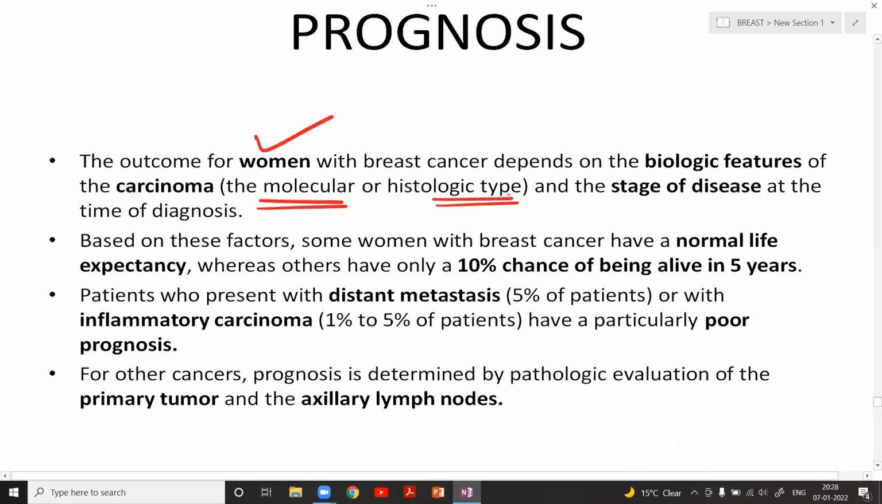If it is lobular, it has a good prognosis. If it is tubular, cribriform or mucinous, good prognosis. And the stage of the disease, whether it is stage 1, 2, 3, 4, we can say depending on the stage. A very important thing is that